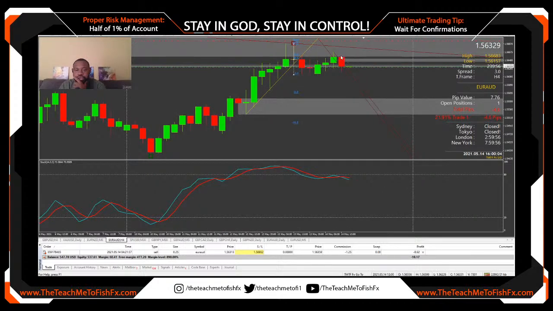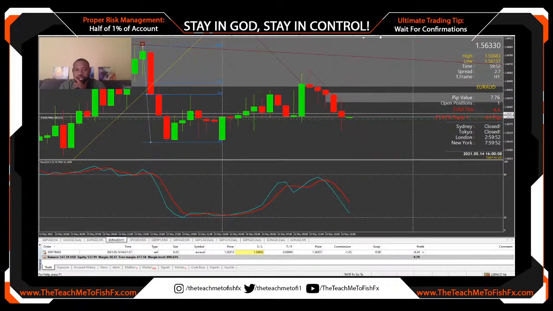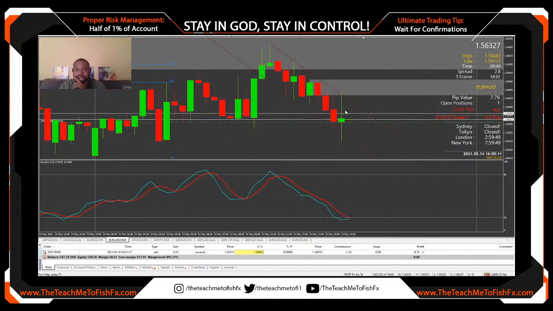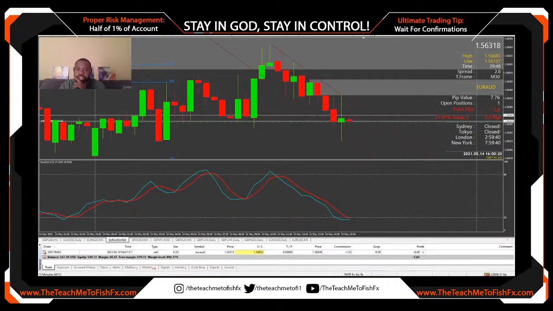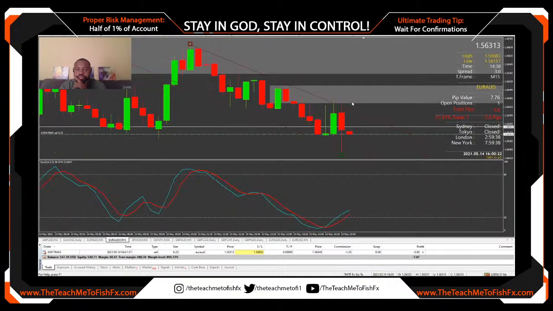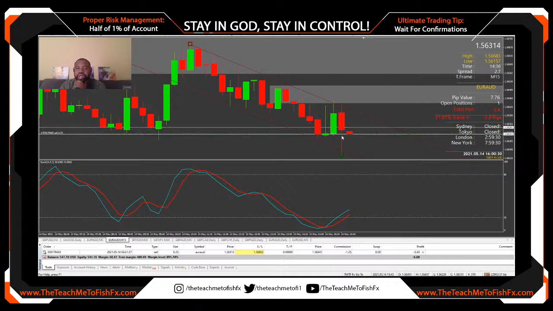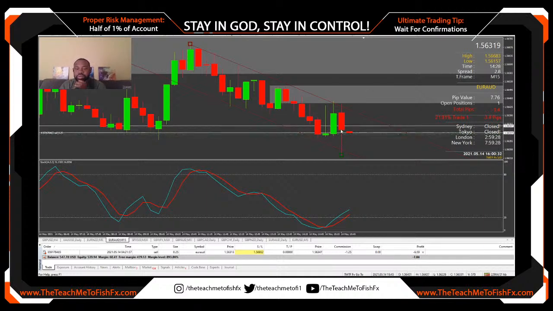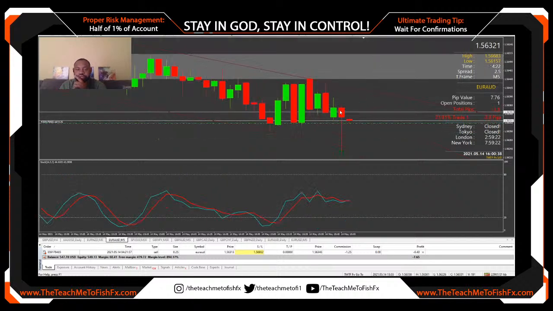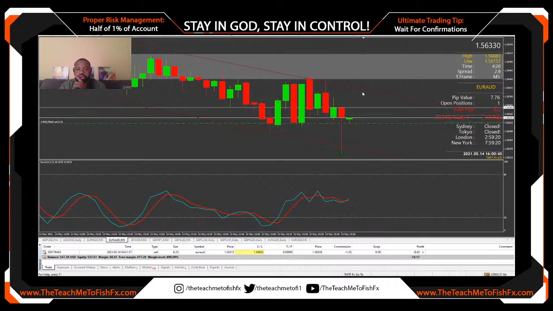All right, so the 4 hour did close bearish. 1 hour closed bearish. We got a bit of a doji on the 30-minute. So indices, we got some indecision, but it closed bullish. It is a bullish candle on the 30-minute. 15-minute did close bearish, but it did not close below here. So we may get a push back up on the lower time frames. 5-minute did close bearish, and